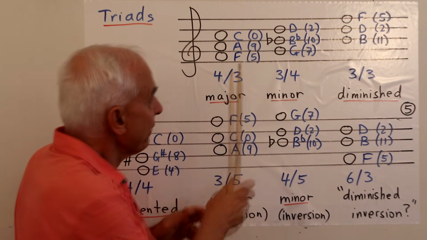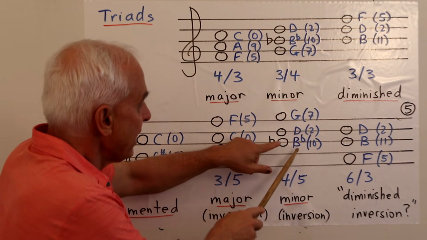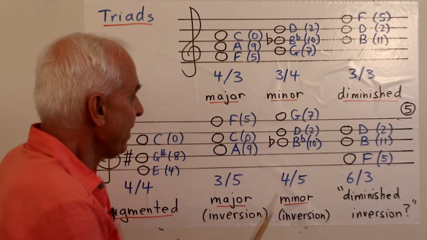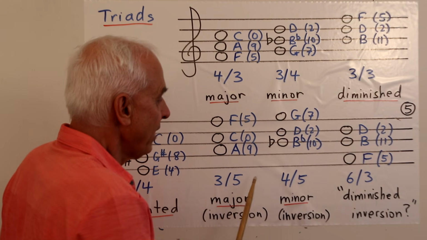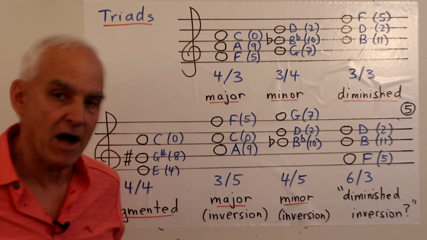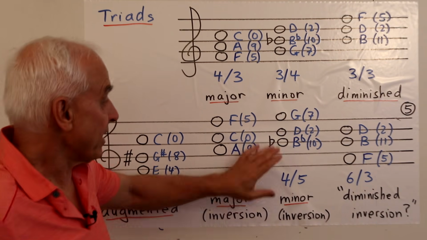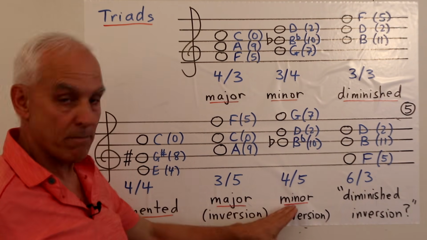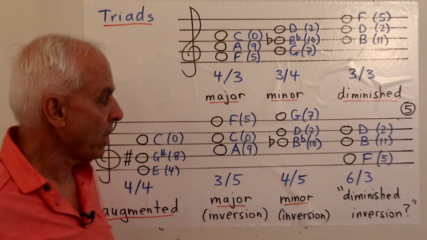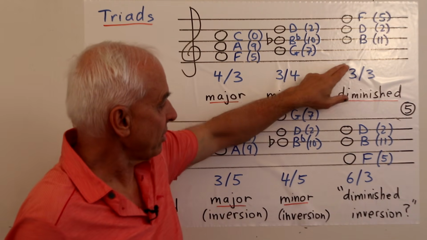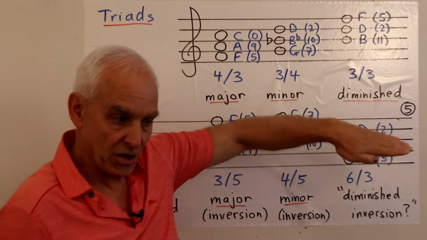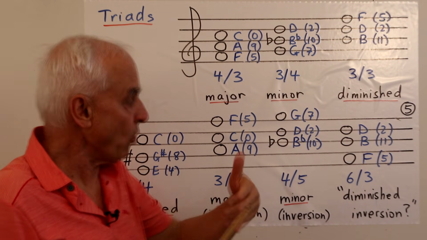So similarly here, if we take G, B flat, D, and we take the G and send it to the G one octave above, then we get B flat, D, G. This is then a 4 followed by a 5. So this is a 4/5 chord. And because it's really the same as this one, it's also a minor triad, but it's an inversion of this one here. If we take this diminished thing and we, let's say, take the top note and bring it an octave lower, keeping the tone the same.